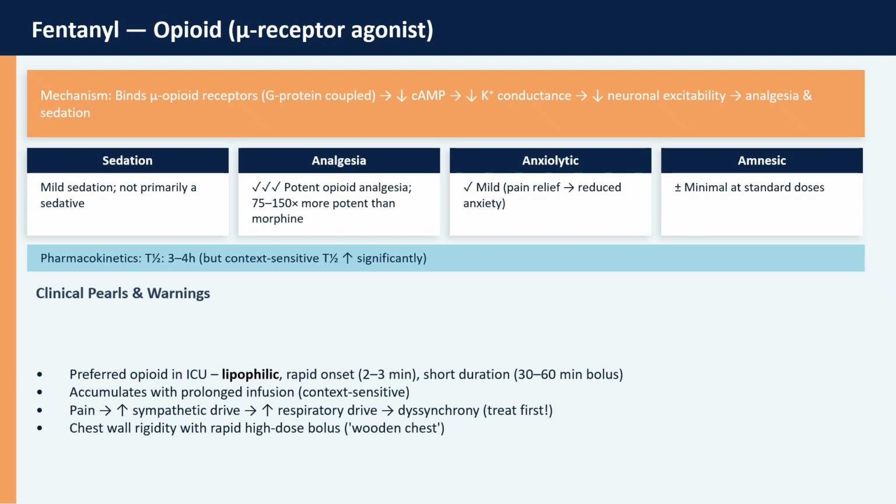So fentanyl alone along with neuromuscular blockers is not the right thing to do. The other issue with opioids is that this is a short-acting opioid and it will have withdrawal symptoms. So if you are using fentanyl in massive doses for a long time, it is a lipophilic agent and it will get accumulated, can cause